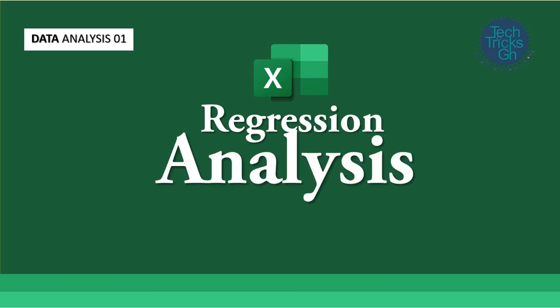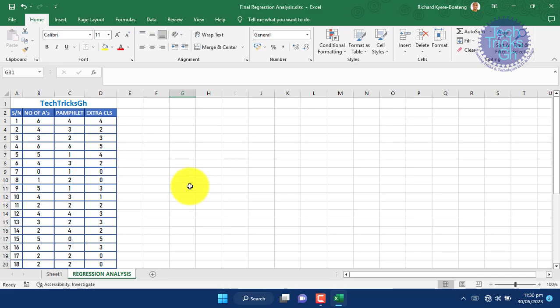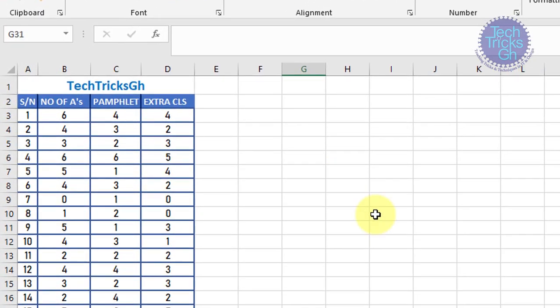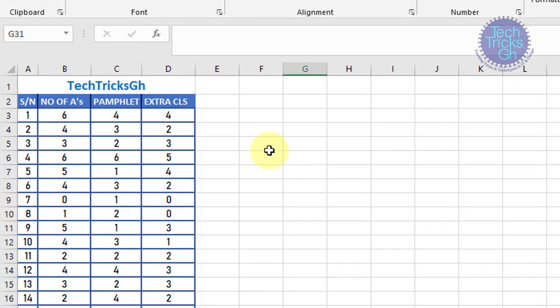Regression analysis. Regression analysis is a form of inference statistics. In this regression tutorial, there is one dependent variable, which is the number of A's, and two independent variables, namely